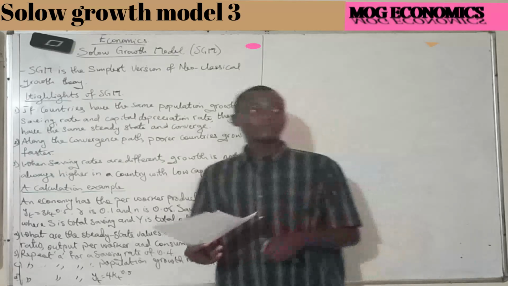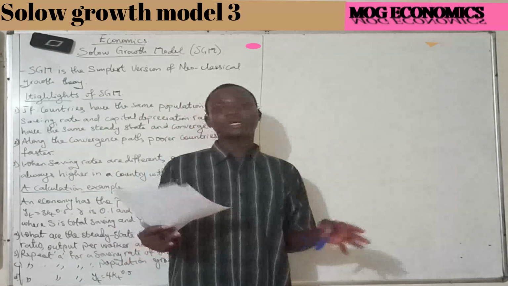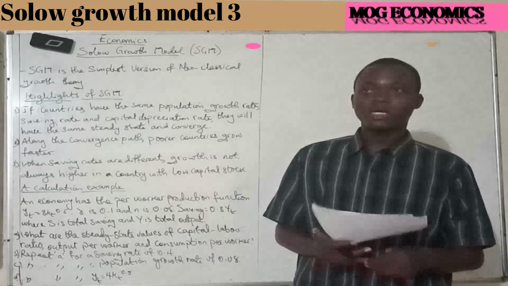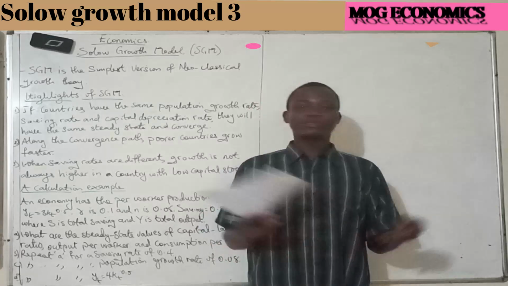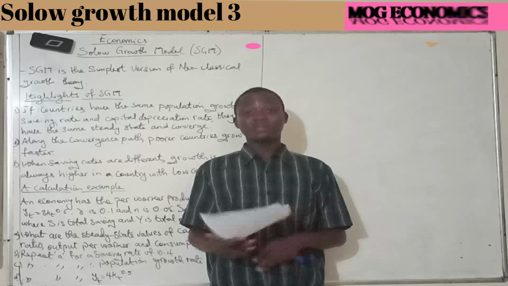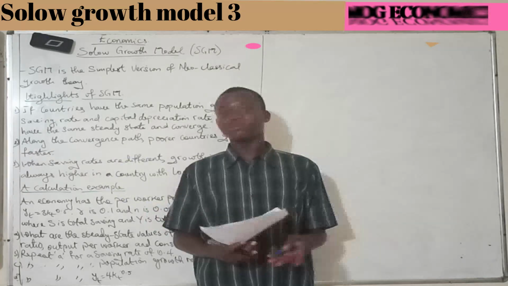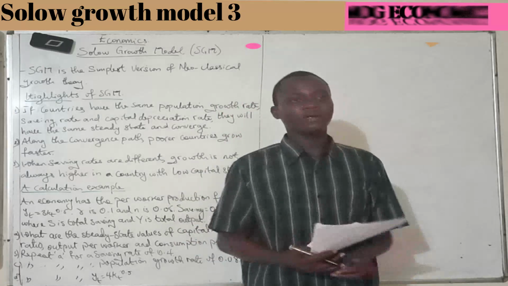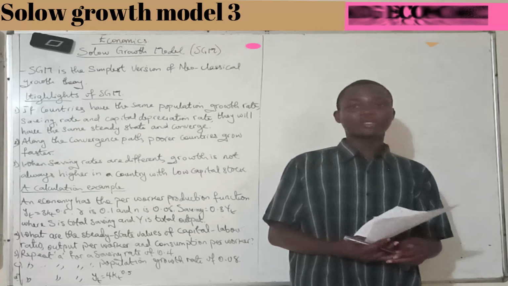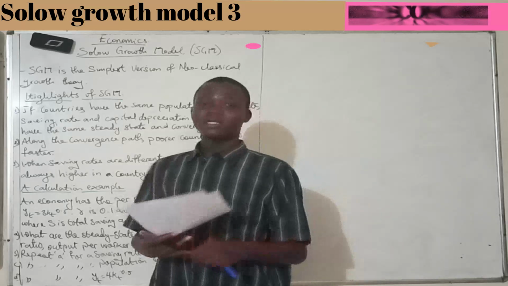Alternatively, if countries do not have similar saving rates and population growth rates, they are not going to converge. They are going to diverge. So in that sense, we say that we have divergence. An example might be Nigeria and, let's say, the United Kingdom. One is very developed, the UK, and Nigeria is still developing. In this instance, the saving rates, the depreciation rates, and the population growth rates are likely not going to be the same at all.